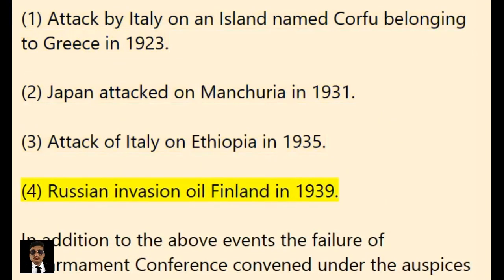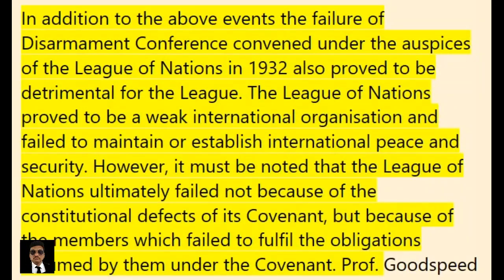4. Russian invasion of Finland in 1939. In addition to the above events, the failure of the disarmament conference convened under the auspices of the League of Nations in 1932 also proved to be detrimental for the League. The League of Nations proved to be a weak international organization and failed to maintain or establish international peace and